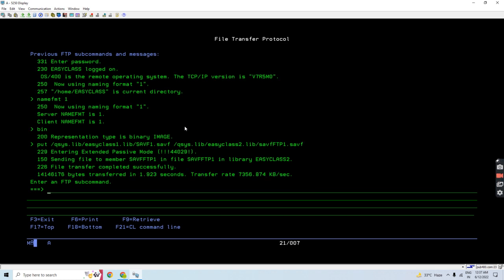And you can see that the file transfer is successful, and it shows the number of bytes transferred in this many seconds, and the transfer rate. So here you can see the FTP transfer is successful. Now we can see we are able to test our FTP commands with the use of the FTP loopback mechanism. Now quit from here